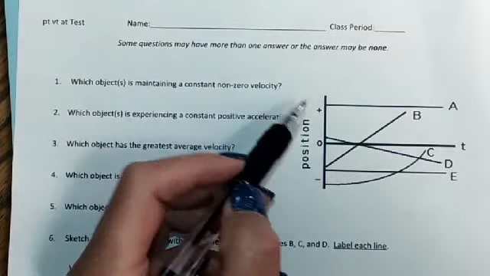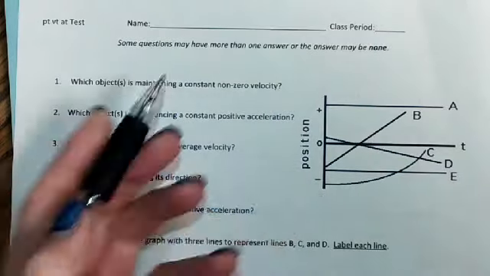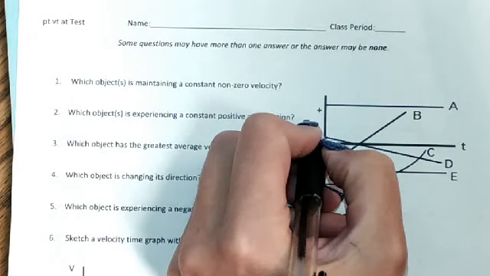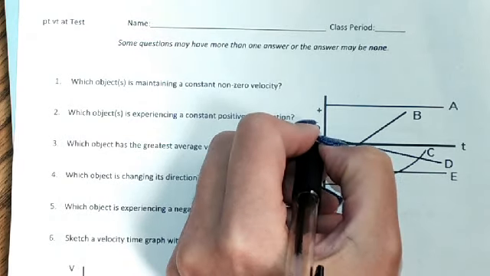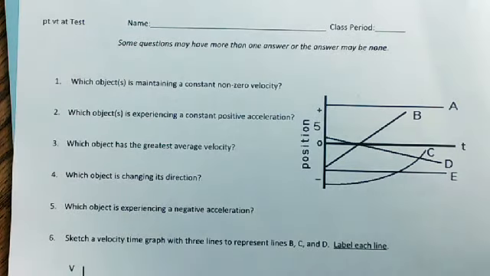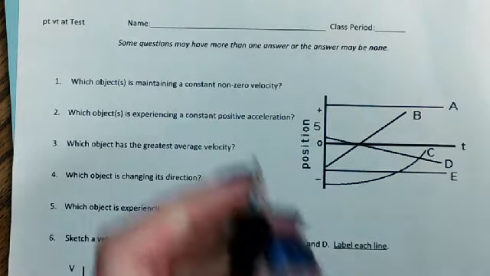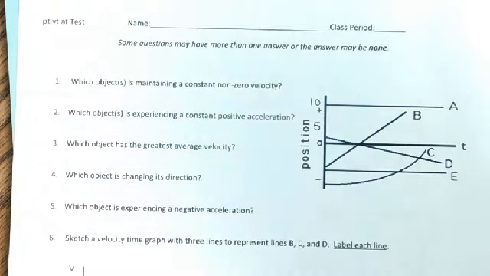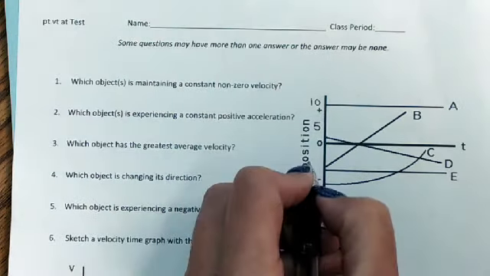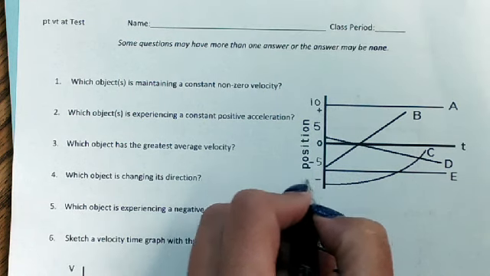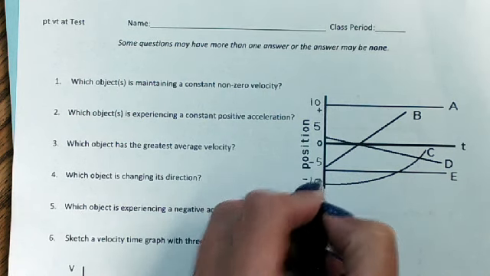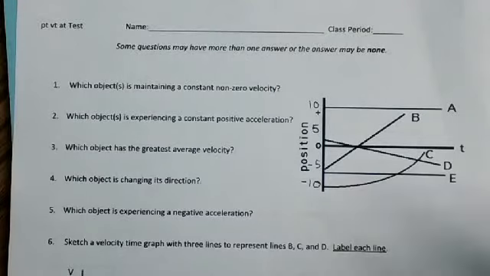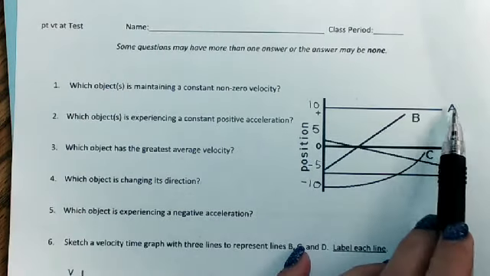So we have position on the y-axis, so I'm going to put in some arbitrary numbers here. For position, I'm going to say this is 5 meters east of the origin, and this is 10 meters east of the origin. And here's a -5 and a -10. Okay? So I'm just making up numbers, but from these numbers I could say that person A,